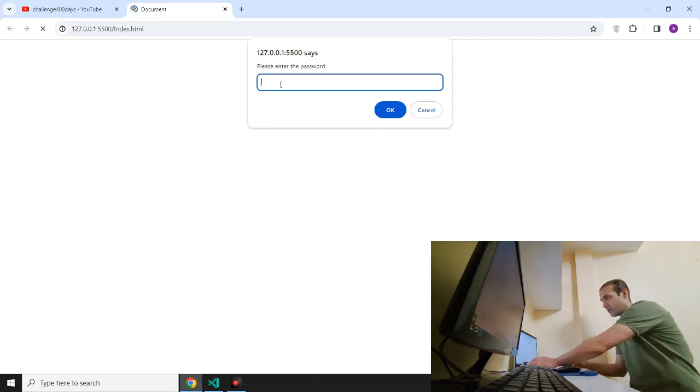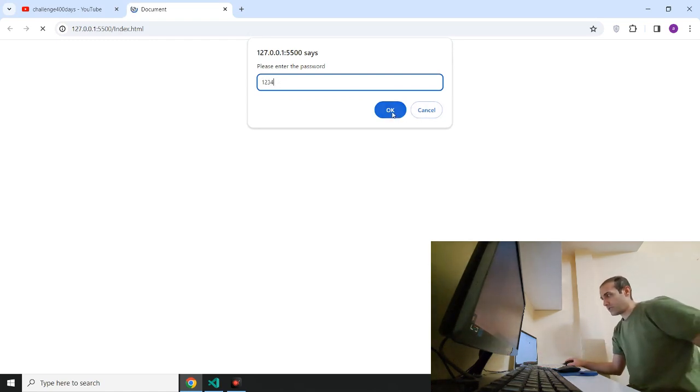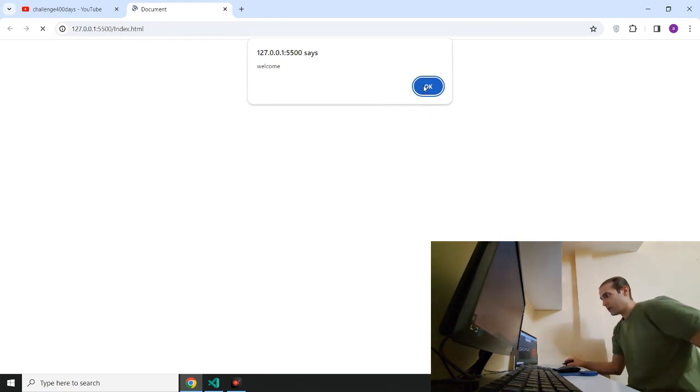If the user enters the wrong password, they cannot go into the website. If the user enters the right password, which is 1 2 3 4, they can go into the website. So now